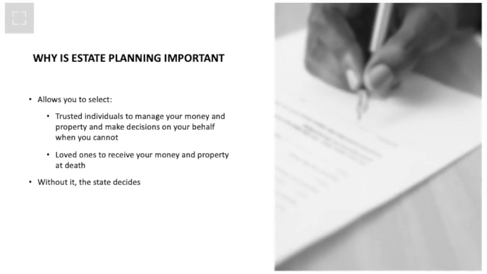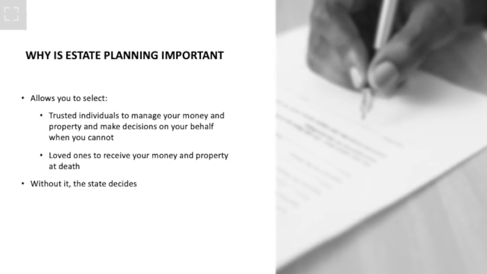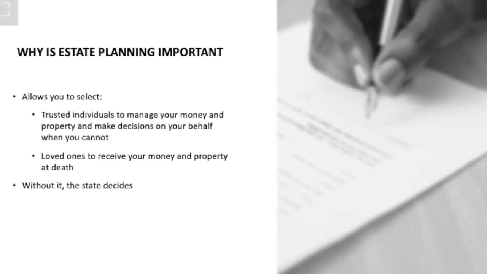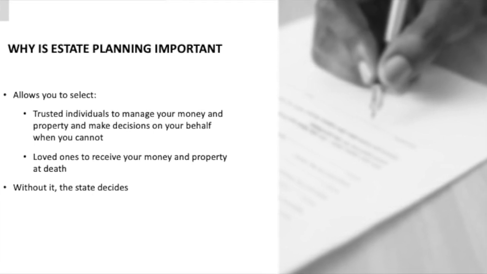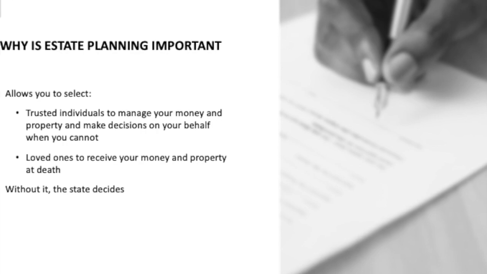There's two main reasons to do estate planning. One is to plan for a disability, whether we're talking about Alzheimer's, dementia, a stroke, MS, something that is going to put you in a position where you're going to need someone's help in handling finances. And the other reason is to make medical decisions, especially end-of-life decisions, and that's another document that is part of your estate plan. And then the second reason to do an estate plan is so that you can decide how everything is to be divided upon your passing, and to make sure that everything is easily set up for your heirs and a smooth transition for them.